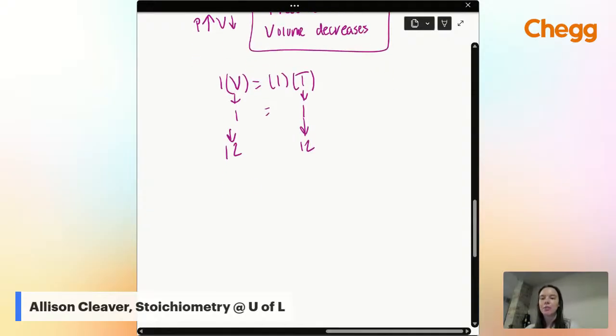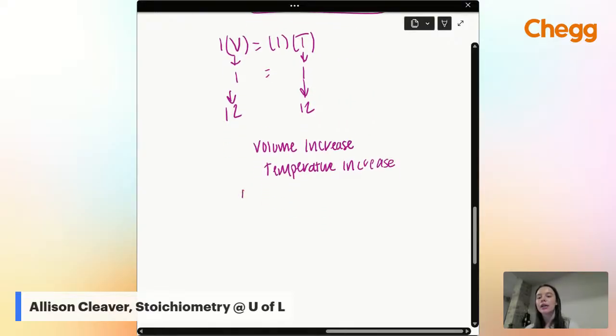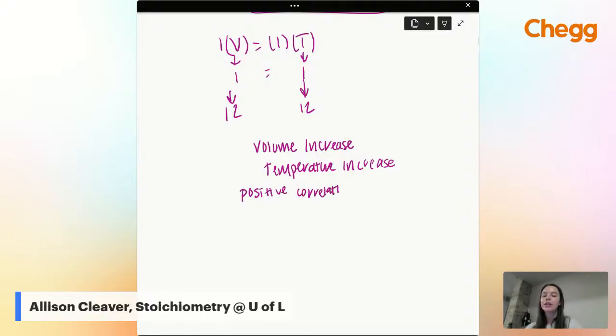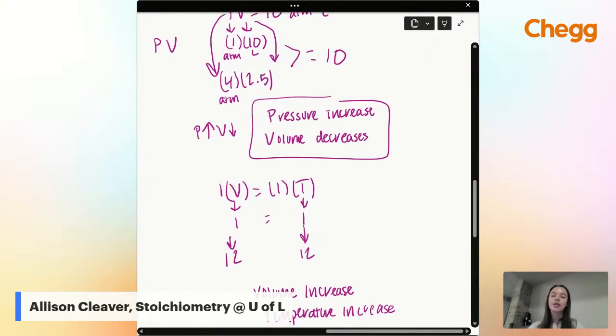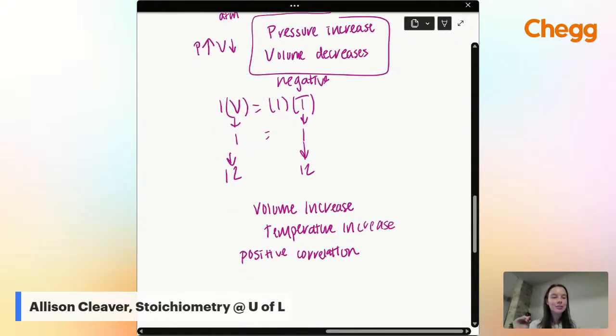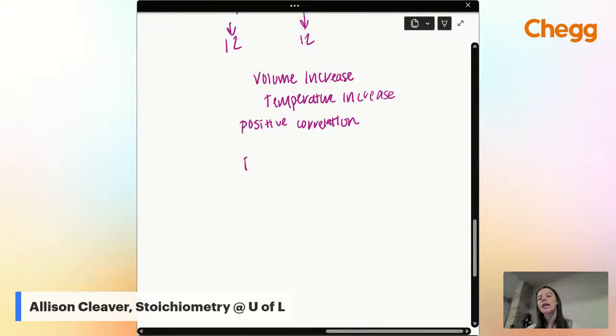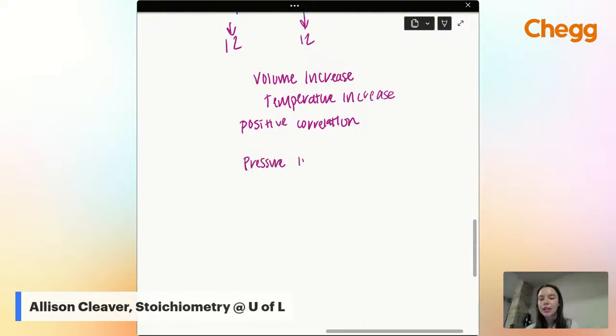My second relationship is as volume increases, temperature increases. Another way we could write this is volume and temperature have a positive correlation. So they increase and decrease together. And pressure and volume have a negative one, if that helps. And then also, since our volume and pressure are on the same side of the equation, we could just plug that in for P and see that pressure and temperature would have the same impact. So as pressure increases, temperature increases.